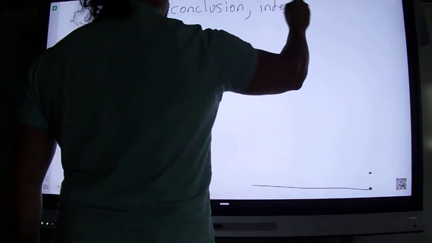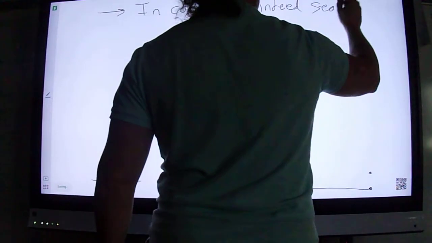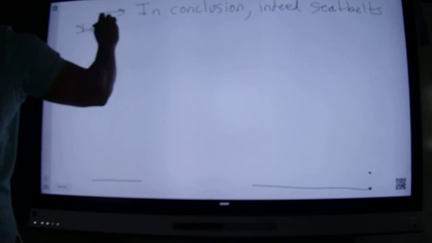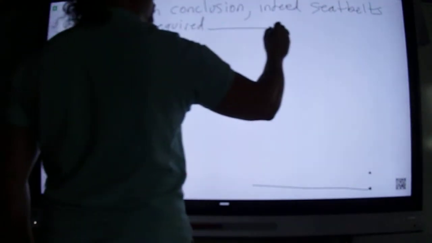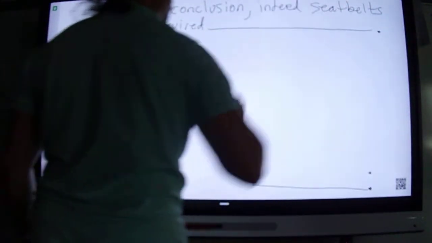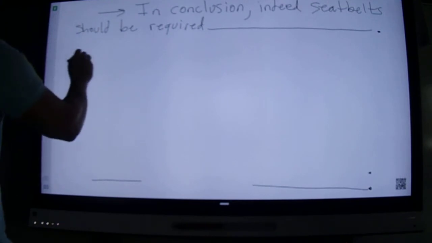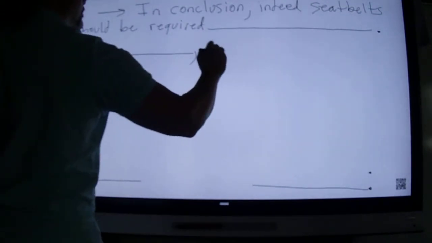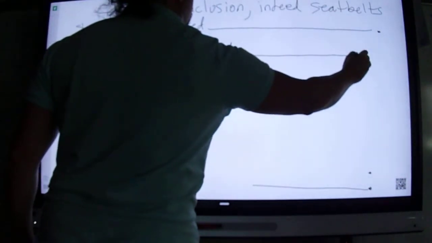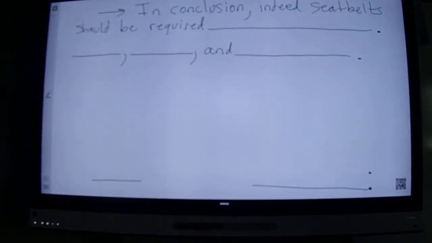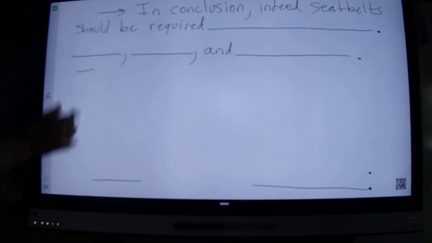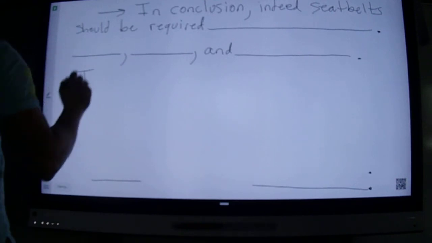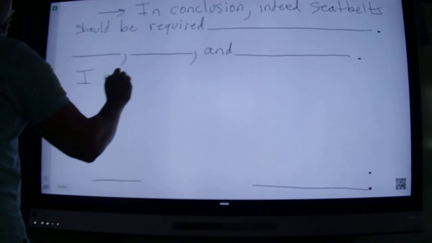Indeed, right, seatbelts should be required on all school buses for several reasons. Period. And we list our 3 reasons. So it's just like our first paragraph, it's right out of it. But then we're going to add and make this conclusion paragraph a little special. We're going to add a recommendation. I recommend